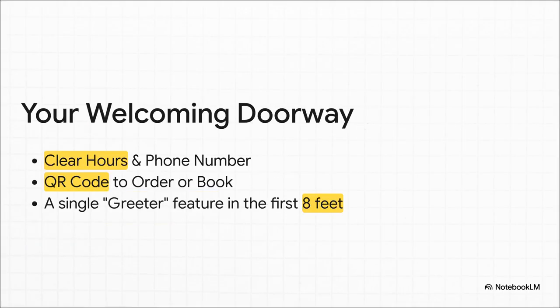in Bullhead. The whole goal for your doorway is to make it effortless to come inside. You want to remove any friction. So your door needs to answer those basic questions instantly. When are you open? How can I call? Can I order ahead? A QR code is perfect for that. And then when they do take that first step inside, please don't overwhelm them. Have one single greeter feature, maybe a cool display of your bestseller, to draw them in, not just a wall